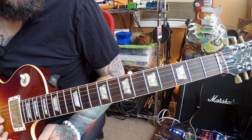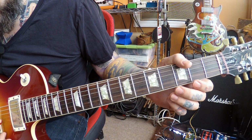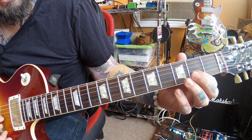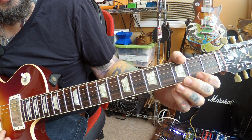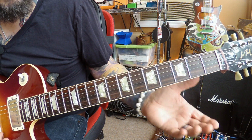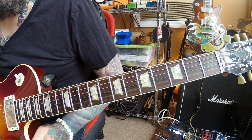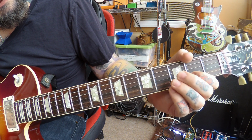Our next piece is fairly simple. It requires the same strings and area we've been using. So open B and E again, hammer on, second fret on the high E, pull off, open B and E again, hammer on to the second fret on the B string, and pull off. So it goes like this. Simple enough. When you put them all together so far, we have